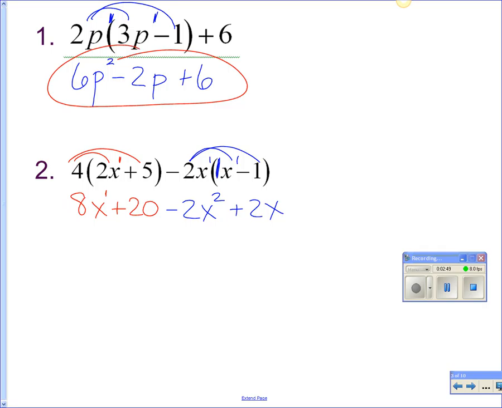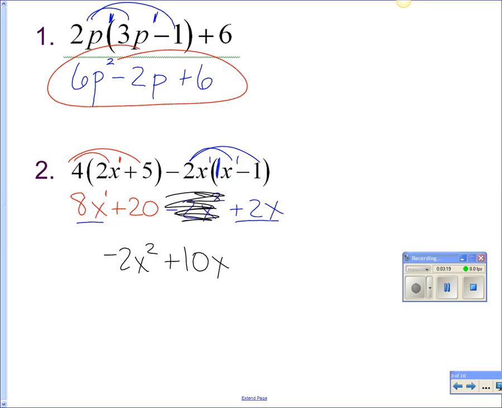On this one, are there any like terms that you can combine? Good. Now, I will not take off points for how you write it, but I'm going to show you how the test is going to write it. They're going to put this x squared term first, in descending order. So they're going to put negative 2x squared first. I don't care if you do that or not. I'm just showing you what they're going to do. Then they're going to put 8x plus 2x, which is